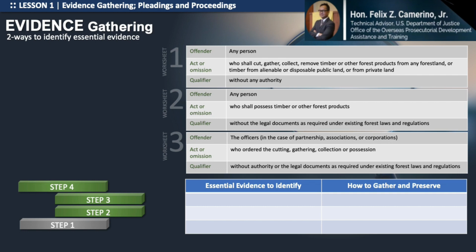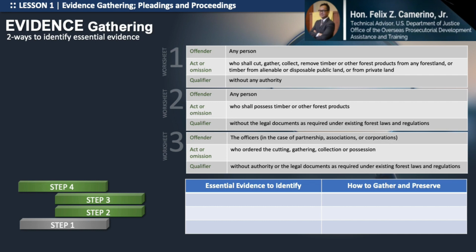So since we have these 3 tables on top, or 3 worksheets that we've created, we could use that more or less as a baseline to determine how we're going to answer the question on step 2 and the question on step 3. Okay, and since we really don't have any actual facts and circumstances to base it on,